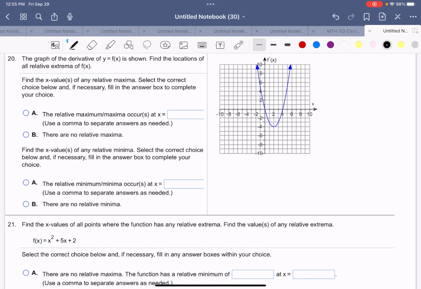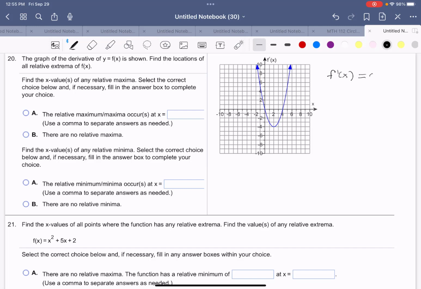Example number 20. The graph of a derivative is shown. Find the locations of all extrema of f of x. Now remember, this is the derivative and not the function. We want to know where our derivative